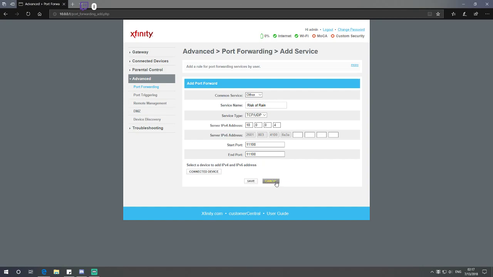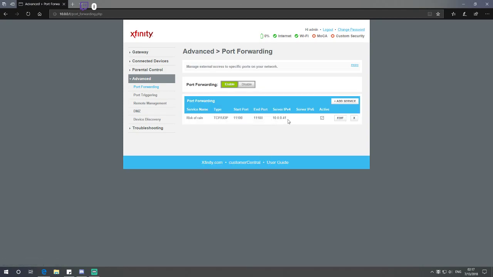I'm not going to save it because I already have one, and I'll open up this one just so you can see. You see all these settings here. So you keep your server IPv6 inactive. You don't fill anything in there. Your server IPv4, you'll put in whatever that number comes up in ipconfig. Your endpoint and start port will be the same. You keep it in TCP/UDP and Risk of Rain. Now,